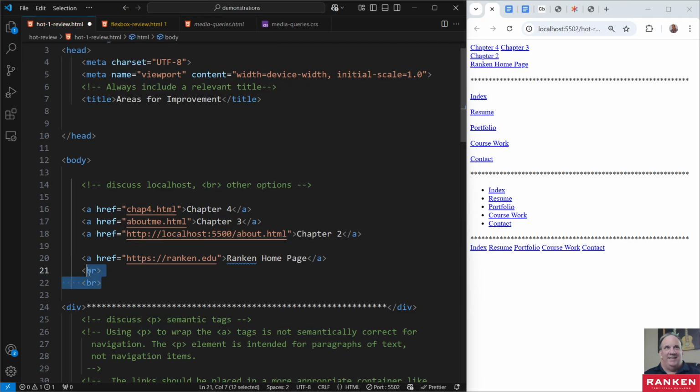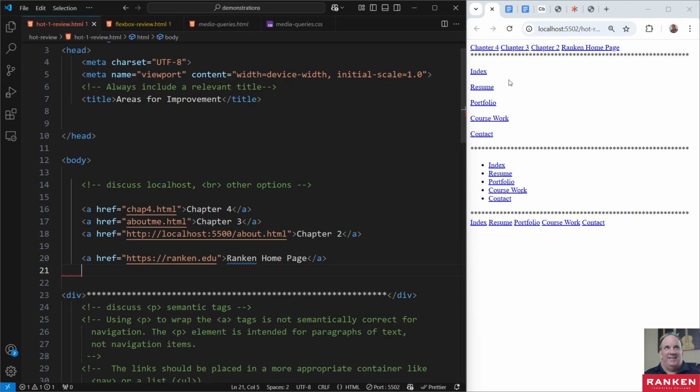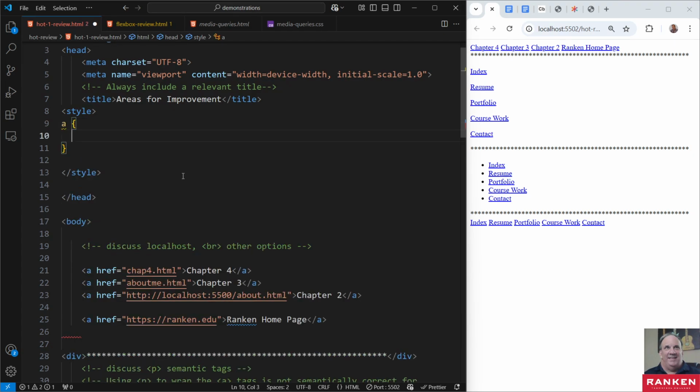And so I'm just going to get rid of all these breaks. And then obviously this is all in one line up here, right? But you don't want it like that, right? So basically what you can do is your style tag, right? Create a style, and I'm just doing embedded style here for this. And then for your A tag,